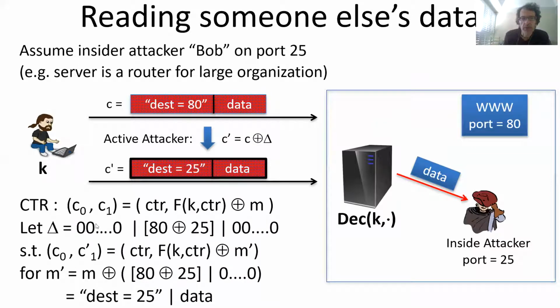So what do you do? Take a delta, which is a bit string that has all zeros in the number of these zeros is the same as the length of the counter, so a block size. And for the rest, let's say this is a single block, and let's say, because this is a standard formatting, that we know exactly where the port description is within this packet. And you take the 25 rendered as a byte, probably, right? And you XOR that byte with the bytes that represent 80. And then it's all zeros because you want to preserve the rest of the data.